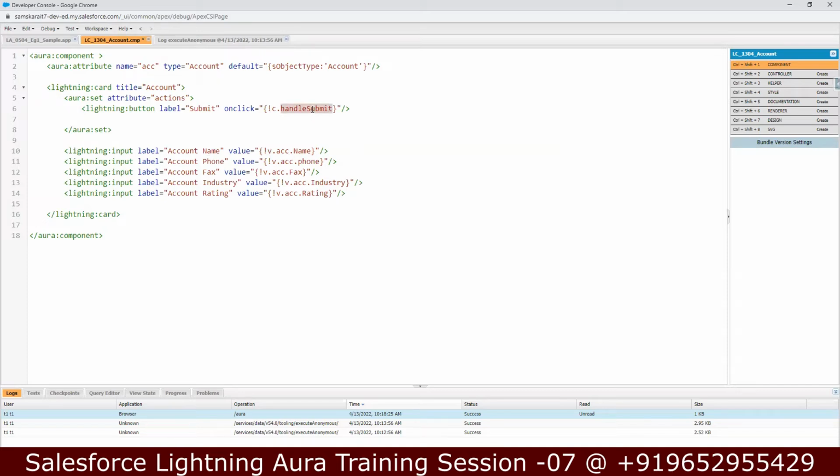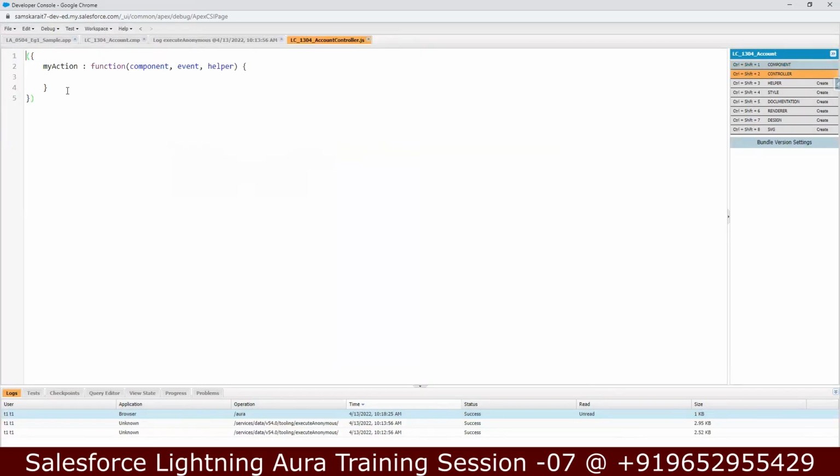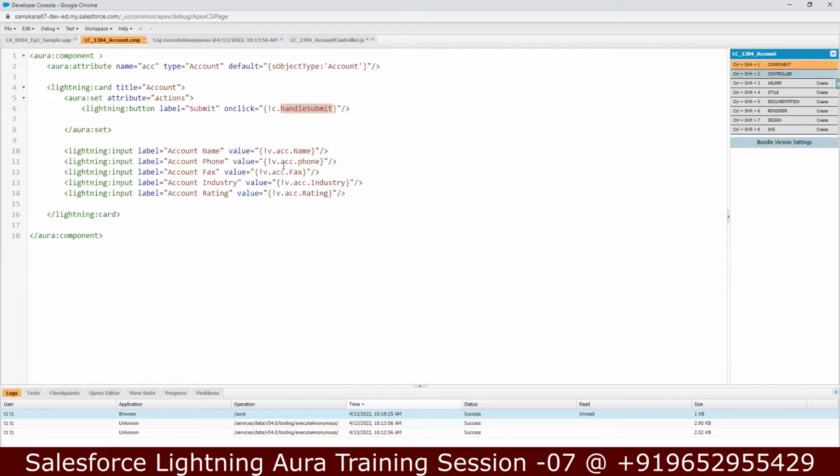Okay, so now I'll go to the controller. Let me save this. And my function name is handleSubmit. Let me remove helper. So here, till now, what we used to do, in order to capture the information that the user has entered